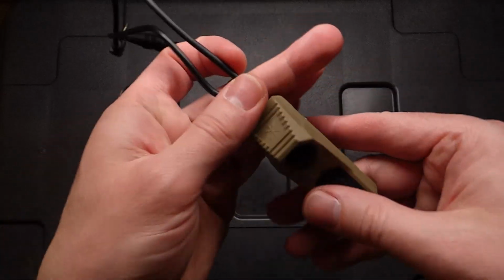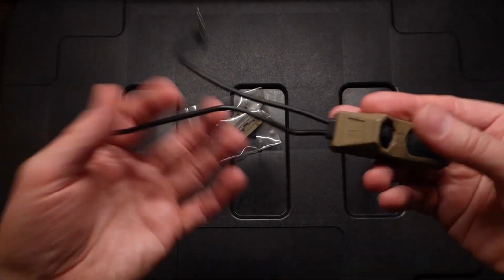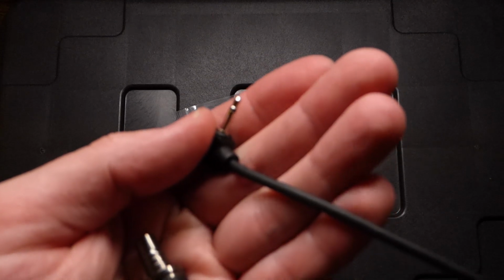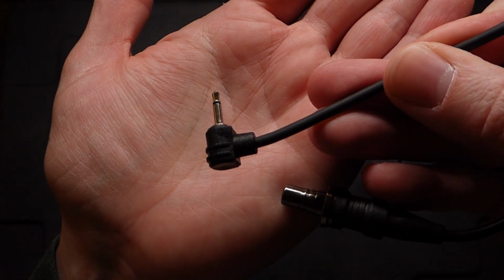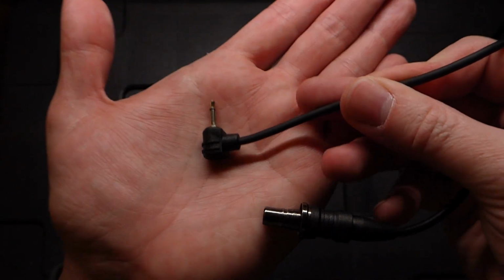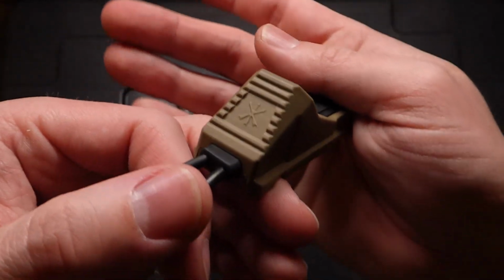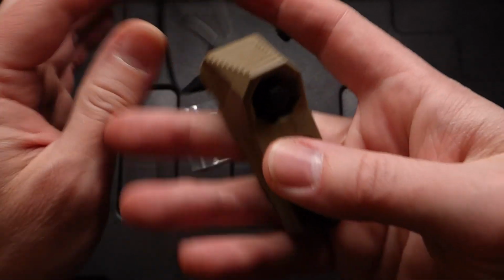Get the main portion, the dual remote switch with a lead to a Scout Light, and then I think this is a 2.5 millimeter plug for the PEQ-15. Which fits the Element LA5 UHC that I have on the Mark 18 right now. Here's the switch section. Mine did come with the trademarks. So there's the logo there,